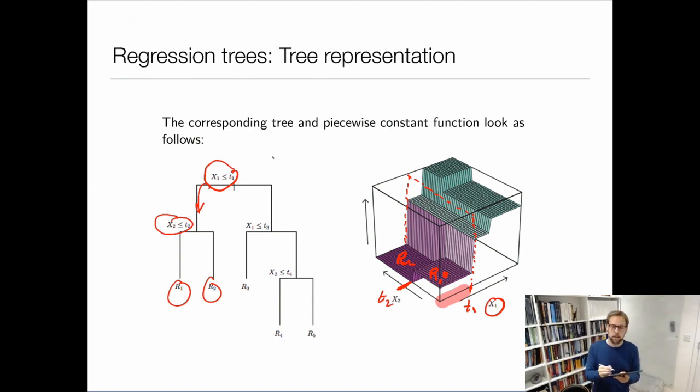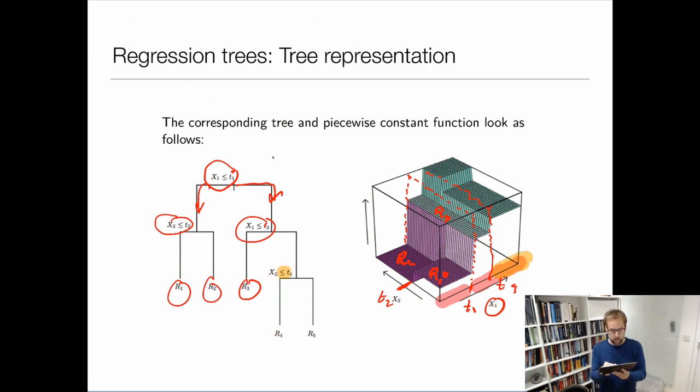Now I've covered everything to the left of t1 here. Now I look further: what happens if x1 is bigger than t1? Then I go down this route in the tree, and it corresponds to everything in this direction. Now I'm splitting x1 again at a different point, t3. This is exactly t3. Now, if I'm to the left of this, I will get this region, R3, which is this region here. Now, if I'm to the right of it,